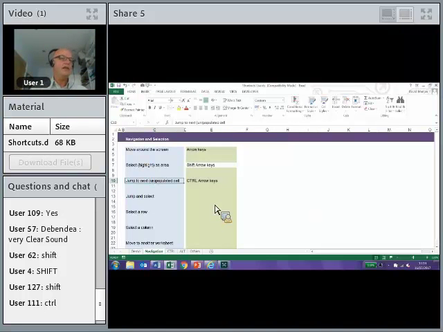This afternoon, if you've got some time, I would suggest you print off the Word document and just have a play around with some of these yourselves and see how they work. If you want to jump and select at the same time, well, if jumping is Control and selecting is Shift, then jump and select at the same time will be Control and Shift and the arrow keys. So here we go, Control, Shift, and the